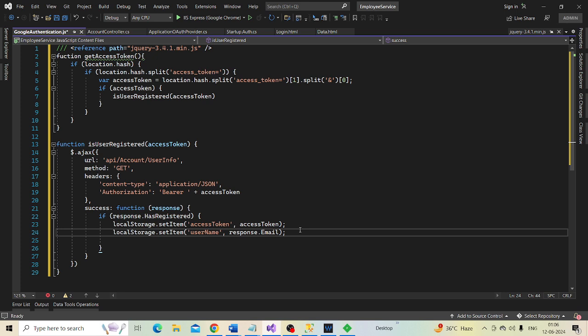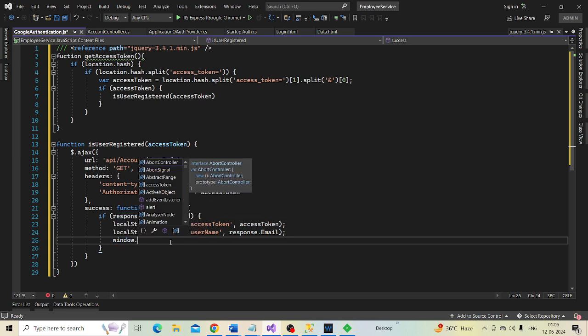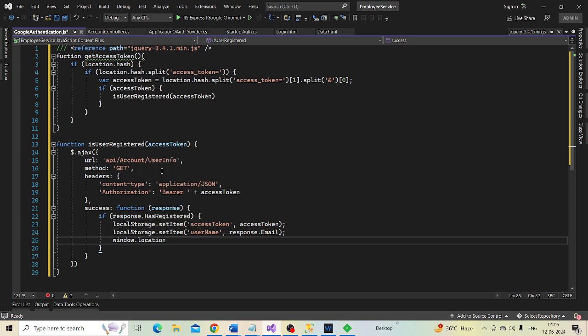So window.location.href is equal to data.html.